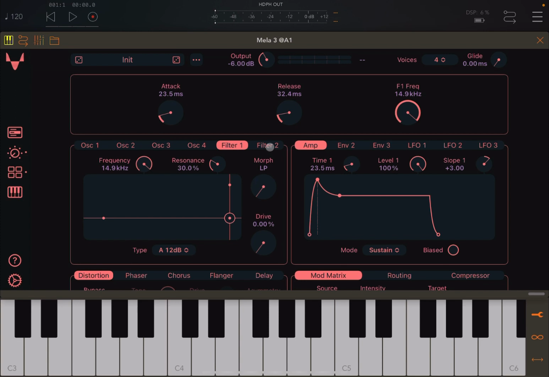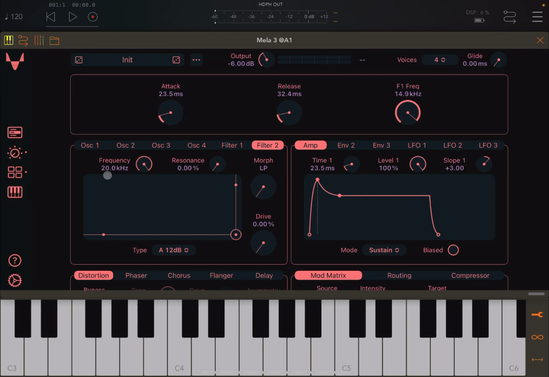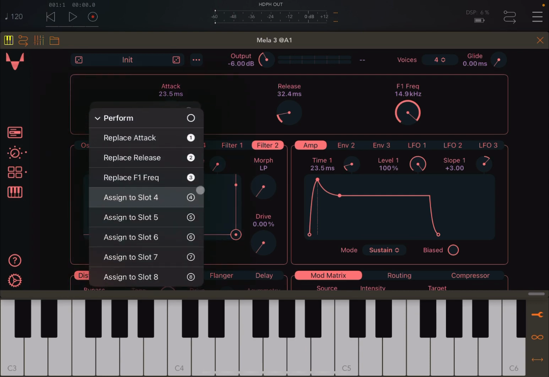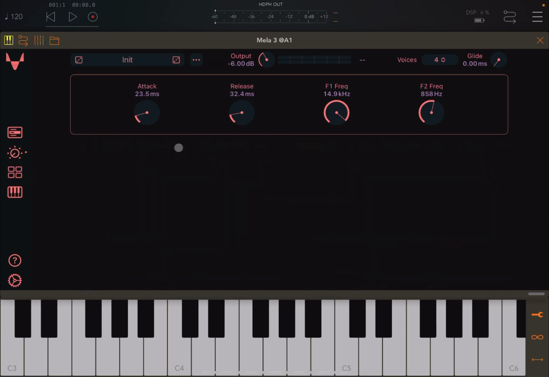And let's say that you want to add a shortcut. Let's say we go to filter 2, we enable it, and let's say we select an algorithm like this one, and then we click on the label of the parameter, click connect, you can enter a value, or you click perform, and then here it gives you a choice to replace one of the parameters which are already in the performance view, or add the one which you have clicked on as an additional slot. In this case, let's assign it to slot number 4. There you go. Okay, so hopefully that is straightforward,